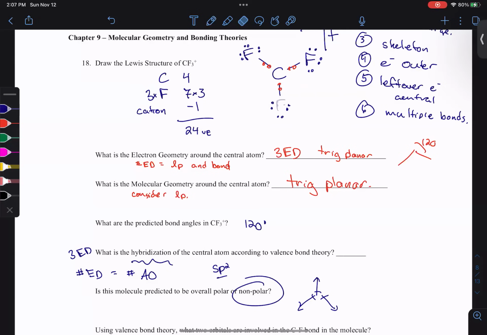But what if I changed one of these fluorines for a chlorine? Would it still be nonpolar? No, in this case it would be polar. It doesn't matter that we calculate how the vectors cancel. We just need to see that, oh, okay, when we look at this molecule,